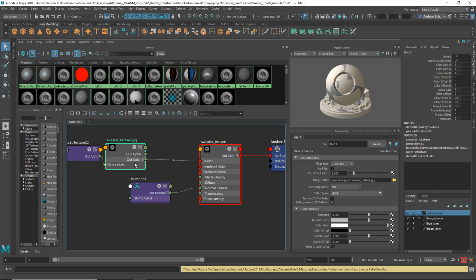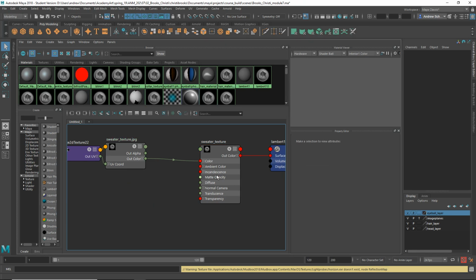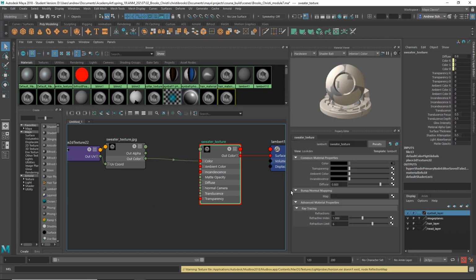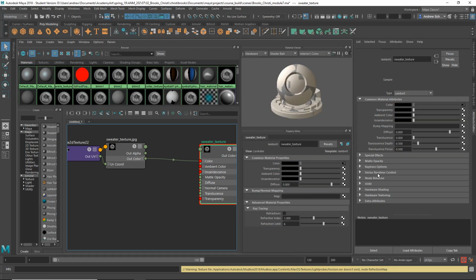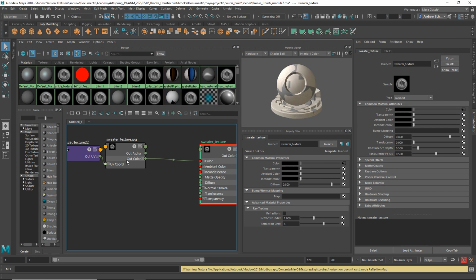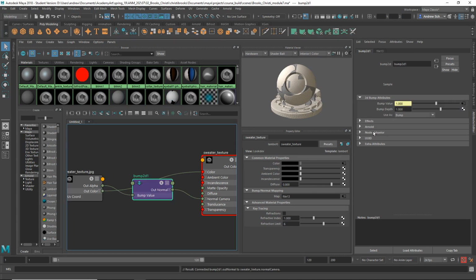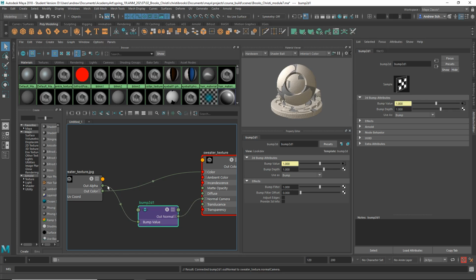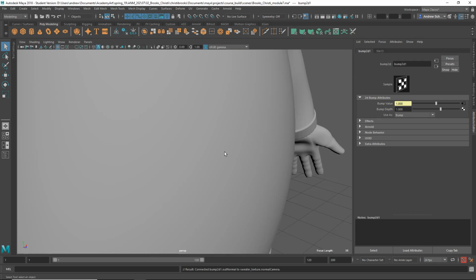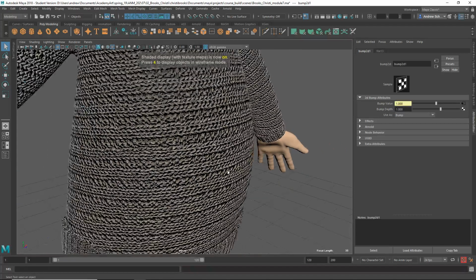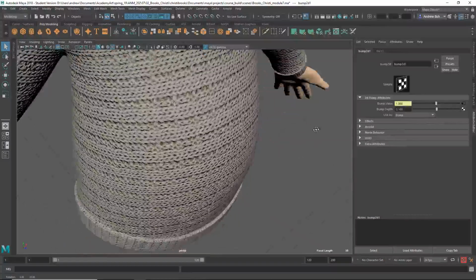Whoops. Why won't that work? Oh, that's not working. Let's try it this way. I'll just select this and bump mapping. I'll just take this and middle mouse drag it on there. And so now we can see it's the out alpha of that. Okay, let's see if that makes it show up. Yeah, it sure does. And then let's just set the bump depth to, let's say, 0.1 or something. And you can see